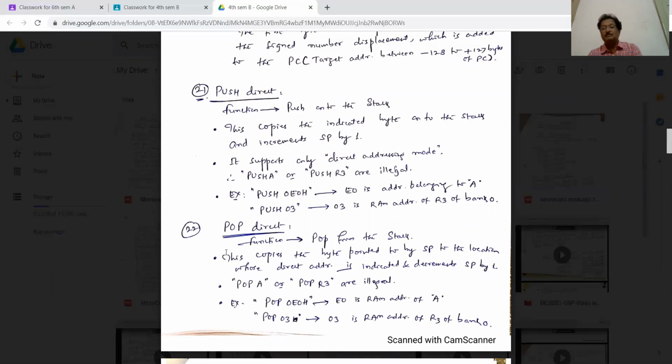By the time the control comes out of the subroutine and proceeds to the main program, all the contents are spoiled. Original contents are eliminated. So in order to preserve the original values, the original data, that is the operand, for your accumulator, for register B, or some other general purpose registers.